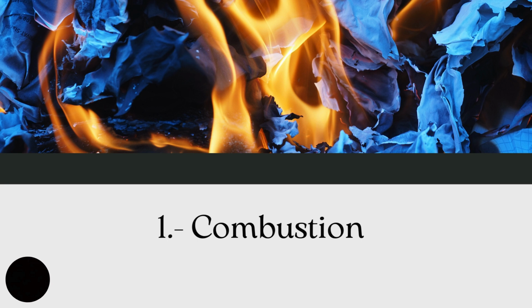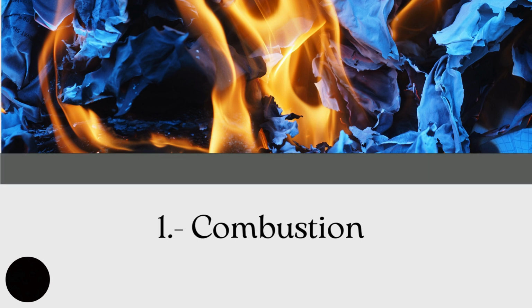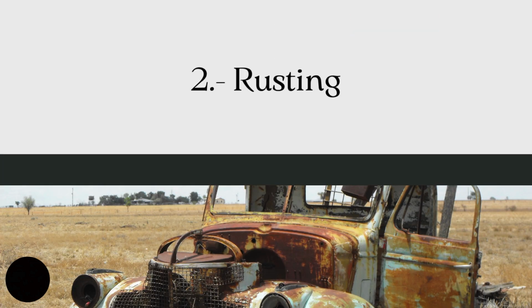And now the second is rusting, oxidation of iron. Rusting is a slow oxidation process where iron reacts with oxygen and moisture to form iron oxide, rust, which weakens the metal structure over time. The operating condition: rusting occurs in the presence of oxygen, air, and water, often facilitated by specific temperatures and pH